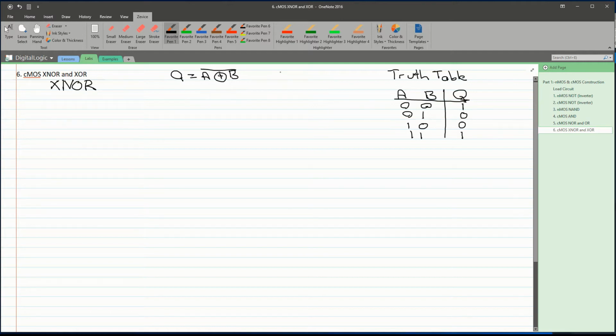The symbol for XNOR, sorry. You have output Q, you have two inputs A and B. For the pull down network, QN equals A XOR B. QN is also equal to A and B or A and B with our not sign there and our not sign there. The QP is the exact opposite,